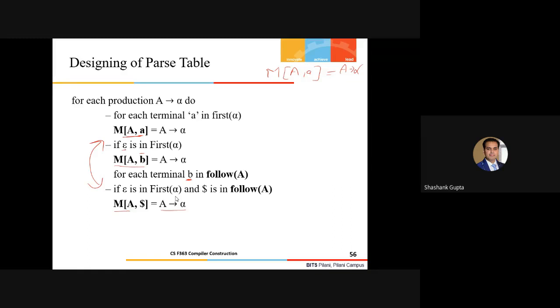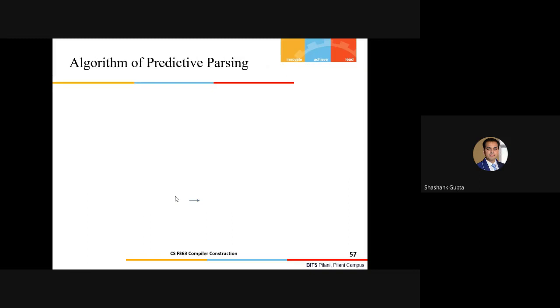Fine, guys. Any question, any comment up to this point? So this is just the construction. Now the big guy is still pending. We have to see that, okay, the table has been constructed, but we have to do the actual parsing, which we have seen last time with the help of some example. So let's try to recapture that thing with the help of an algorithm of the LL1 parsing, or the predictive parsing here. So the same steps, guys, we did last time.